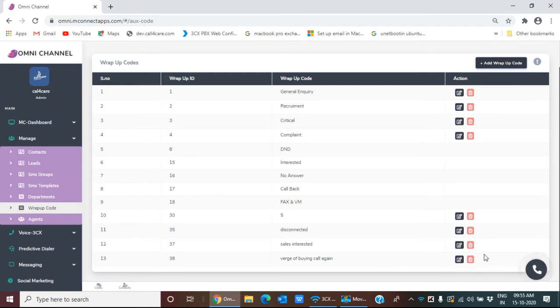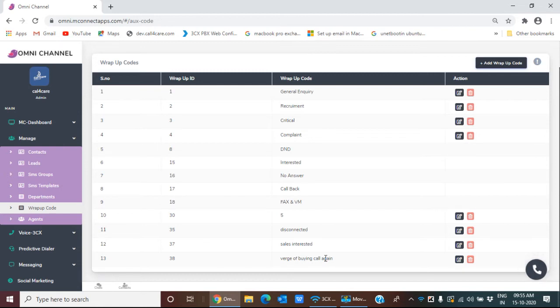Now if there are too many wrap-up codes, or wrap-up codes which are irrelevant to the department or the business or the brand, and you want to simply delete them, you have to just click on the icon corresponding to the wrap-up code which you want to delete.